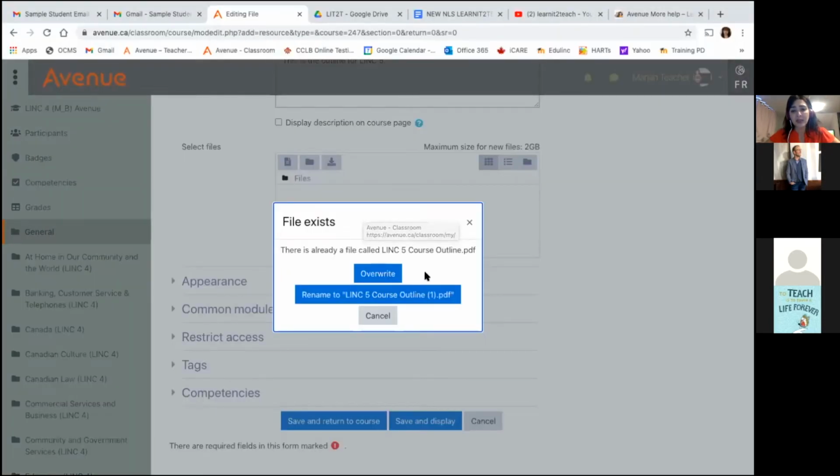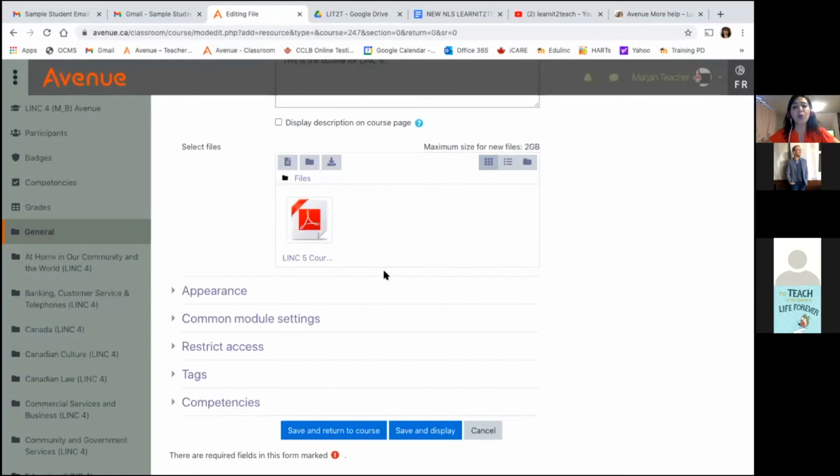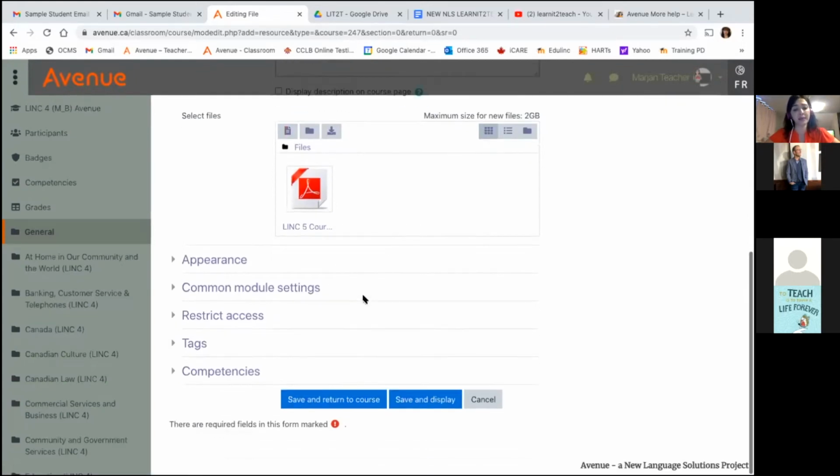Now you see that because it's the exact same file and the computer is smart, it's recognizing it's the same file. It's telling me, do you want to override it? I say, yeah, because I don't want to have two files. I just wanted to show you how you can either drag and drop or click on the file to add it. Then for appearance,